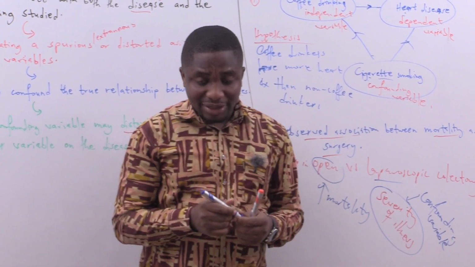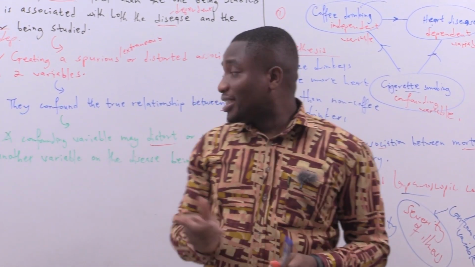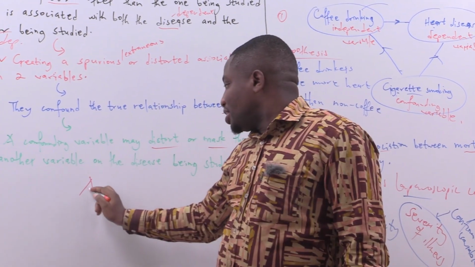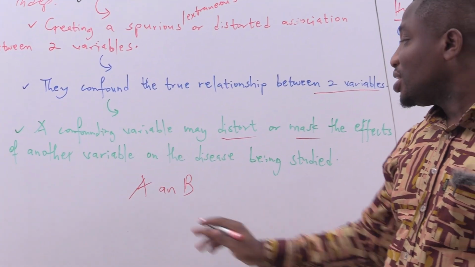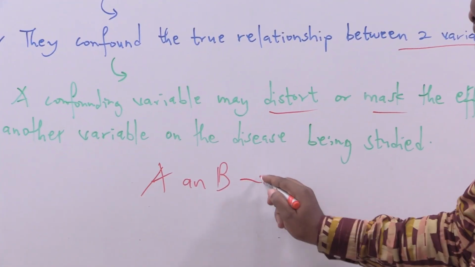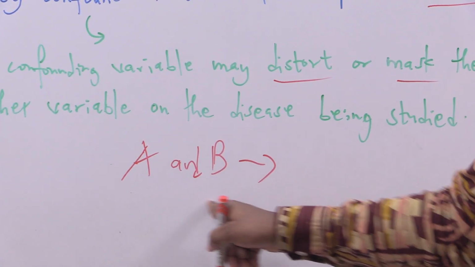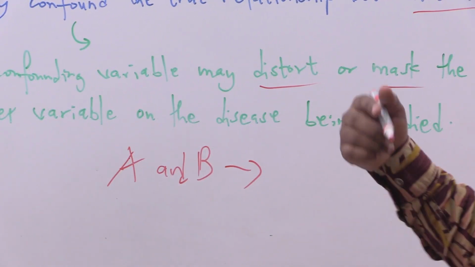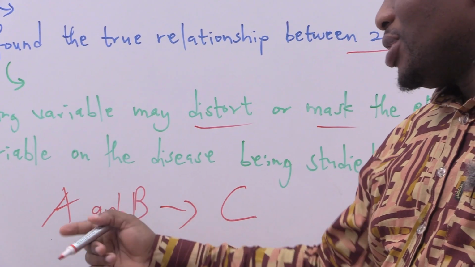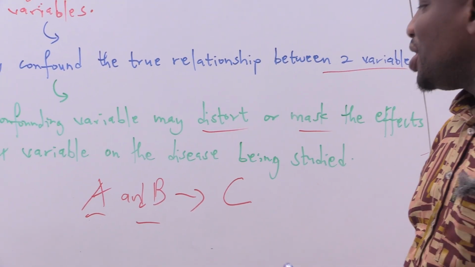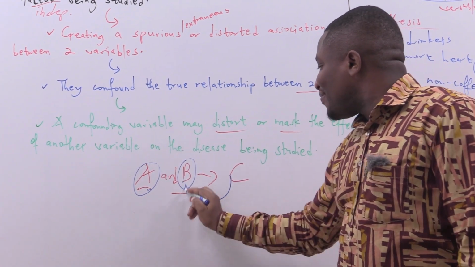Another way we can put it is that these are the two examples, but there's another way to relate with that. That is, if you have an association between A and B, and the association between A and B is possible because of the influence of a third variable C. If there's an association between A and B, and this association is as a result of the fact that both A and B are affected by a third variable C,